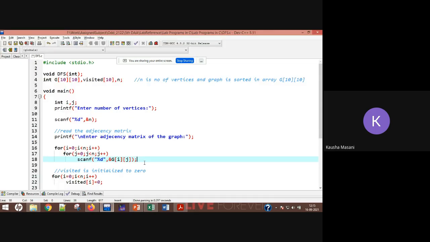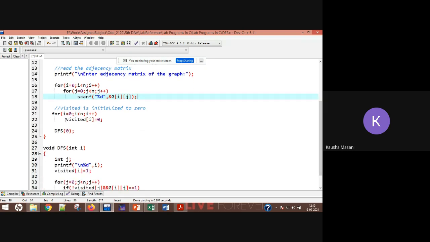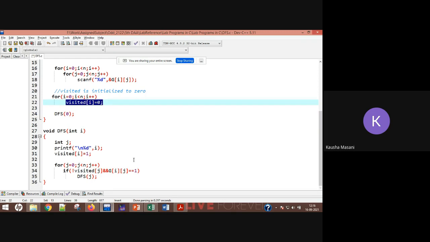We are building an adjacency matrix, and whichever node is visited by us, that particular array representation, we will keep track of it. That's why it is written that visited is initialized to 0. We are calling a DFS function. Now see, in the DFS function, I am printing whichever node I am going to visit.